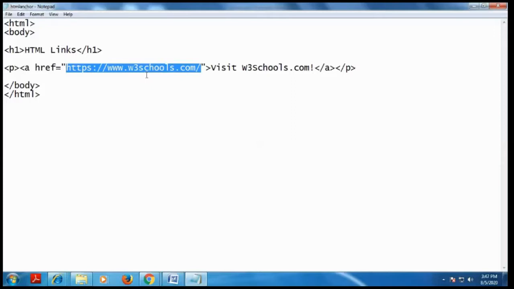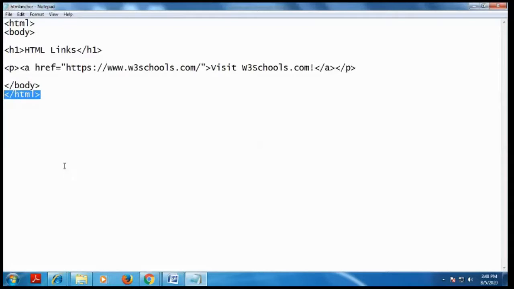Here I gave the www.w3schools.com source name. Then here I have to put the content as visit w3schools.com. It is the text content. This content is underlined with a line. If you click this content, the W3Schools start web page will open. Then the content is over, the A tag, that is the anchor tag, is closed, and also the P tag is closed. Next, the body content is over, so the body tag is closed, and the HTML content is over, so the HTML tag